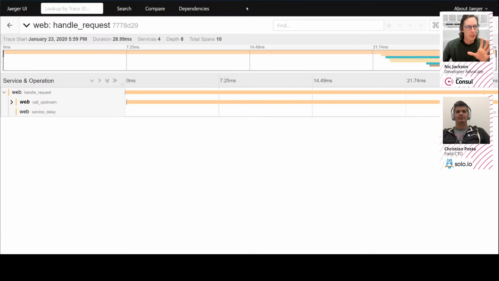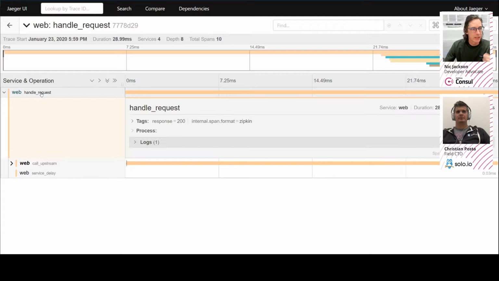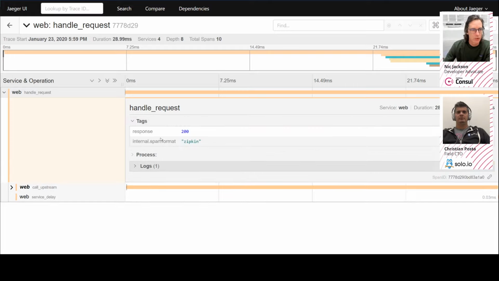All right. So what's going on in my trace? What I can see here is my spans. Remember, a collection of spans makes a trace. So this first span is handle request. I've created this span, and I've given it the name handle request. You can see that it has some metadata on it. So for example, it has the HTTP